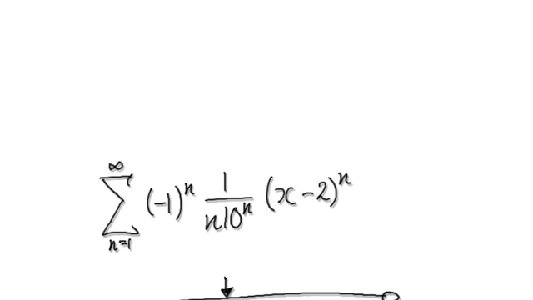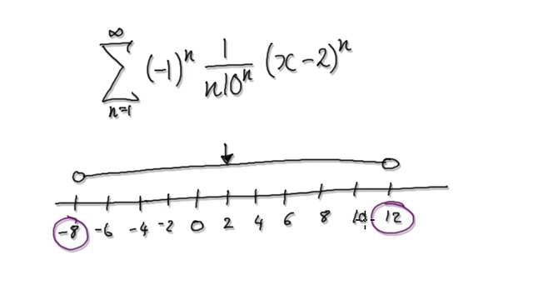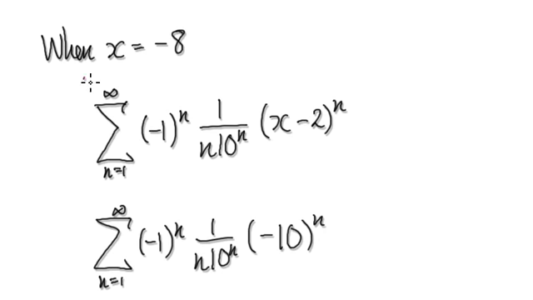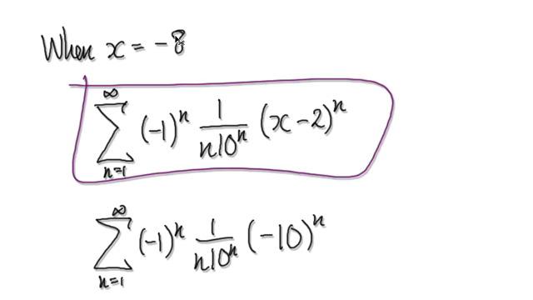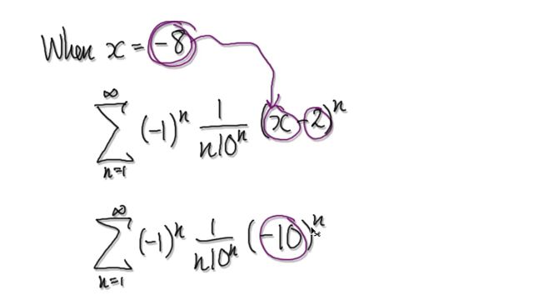So following on from the previous video, we need to check -8 and we need to check 12. So let's have a look at the case when x equals -8. So going back to the original series, when x equals -8, we will put -8 into the x. So that would then be -8 take away 2, so that would be -10, and